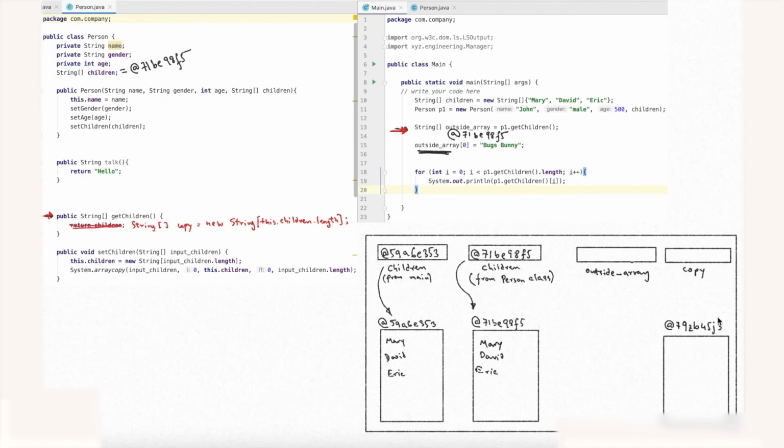So let's say this is the new address of this empty array, and this address will then be stored in copy, and then this would point to this object. And then what we should do is copy everything from children to copy. So here we should write the same thing as here. We should write